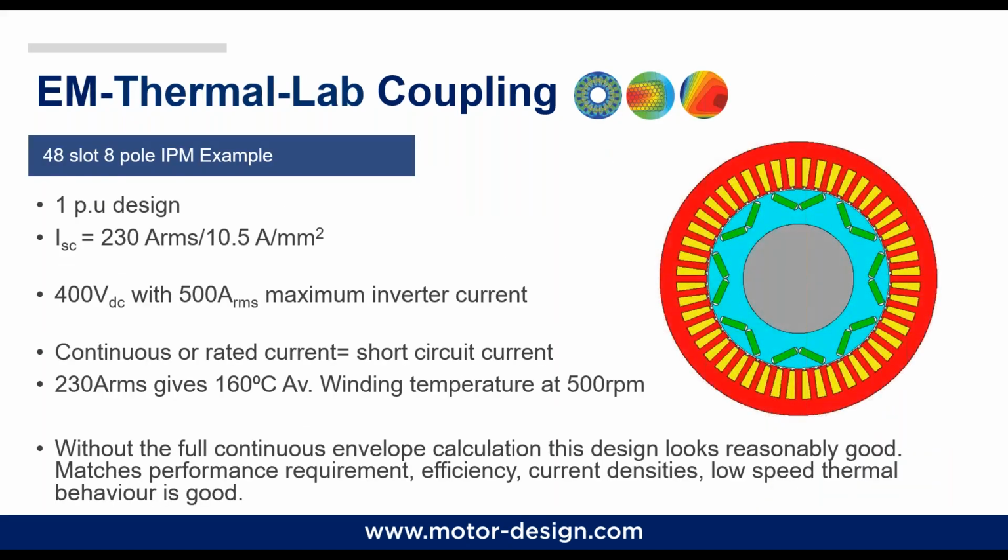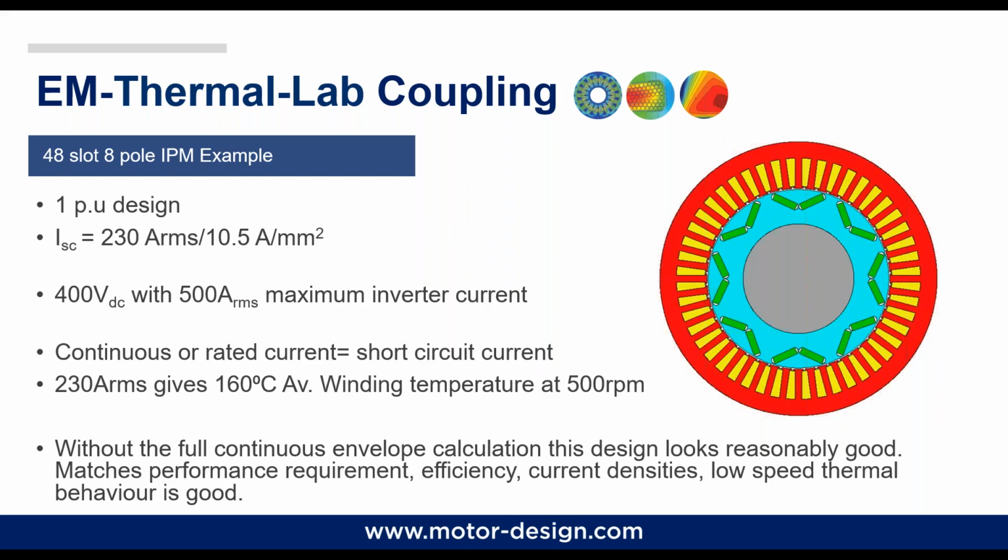Here I've got a design which is a typical 48 slots, 8 pole IPM machine. It is the same as the one used in the first example, and it is designed basically with that rule in mind, so the 1 per unit design. In point of fact, the short circuit current is 230 amps, and the current density is around 10 amps per millimeter squared. Using, again, the water jacket cooling system as before, we can check in MotorCAD the winding temperature,